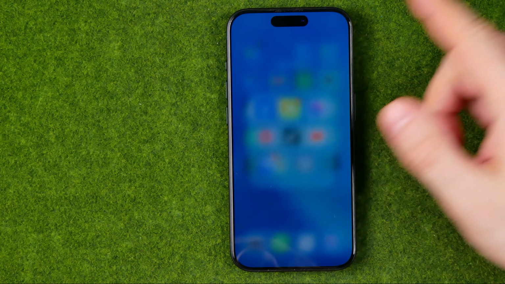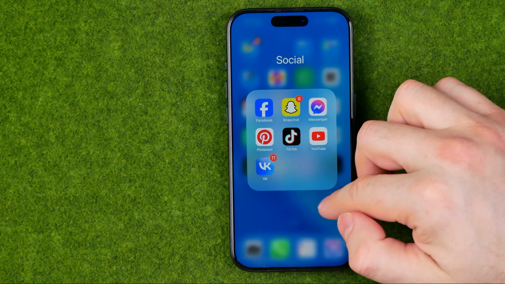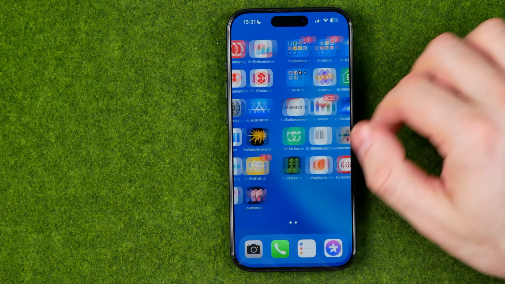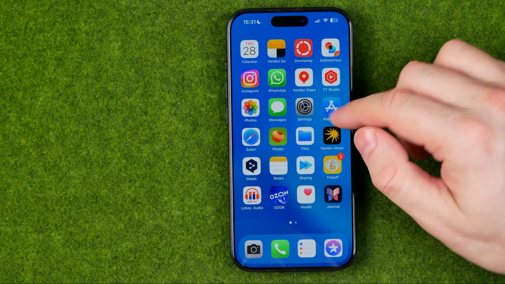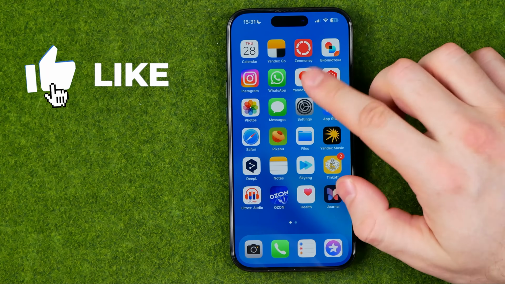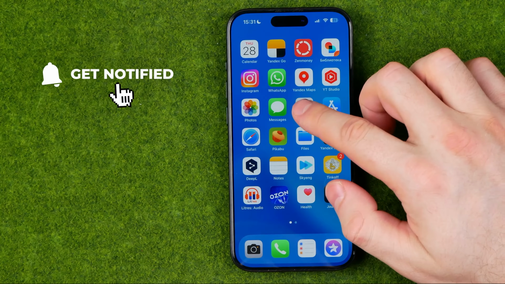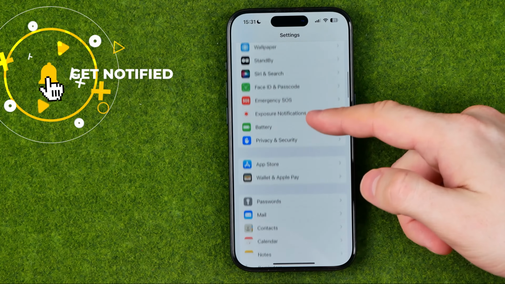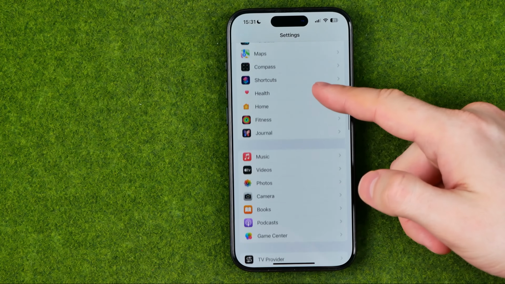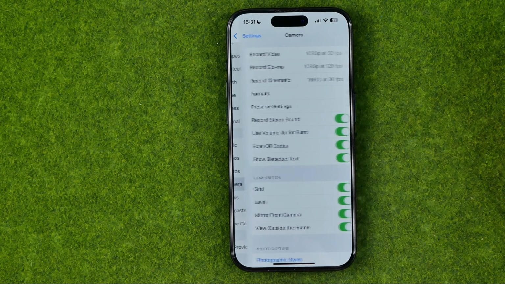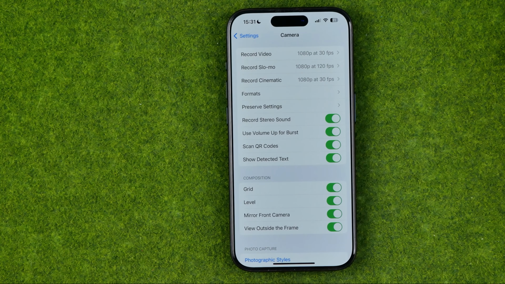Let's get started, guys. I'm gonna show you all the process from the beginning, and first off we need to check our settings. So guys, head over to settings. I'm just gonna show you from the beginning. On the settings, we need to search for camera, and once we get into camera settings, we need to ensure